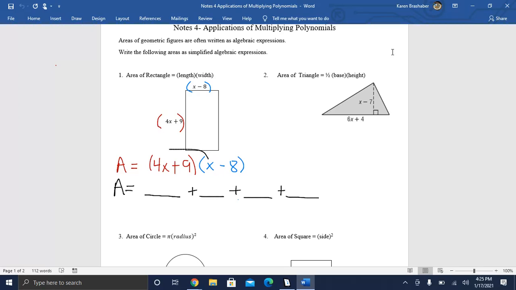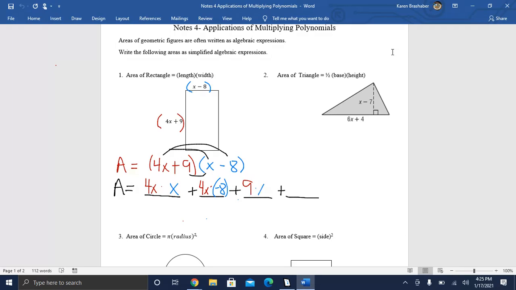So we'll be taking 4x times x, and then we'll multiply 4x times the negative 8. And so notice that for the 8, it's negative, so I'm going to put it in parentheses. Then we will multiply the 9 by x,